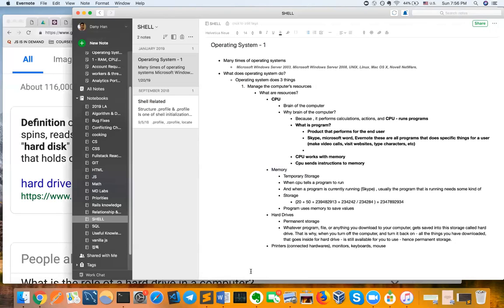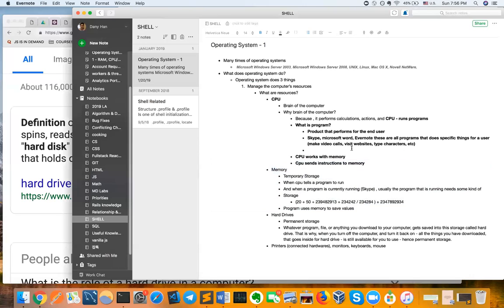It's because Microsoft Word, as a program, was using memory as storage to save all those characters. But once you click save on Microsoft Word, all the characters you have written are now stored on the hard drive. So when you turn off the computer and turn it back on, it gets all those values from the hard drive, and then you are able to see it. So that's the difference between memory and hard drive. Hard drive is more of a permanent storage database for your computer, for stuff that you want to be there permanently. Memory, you're right, is being used by a program.